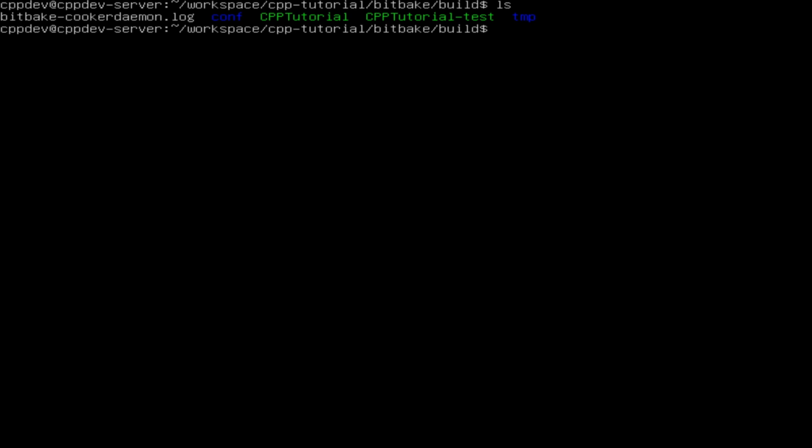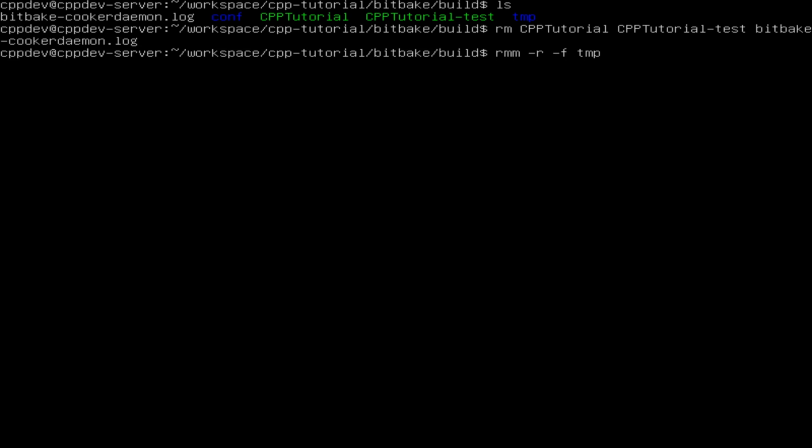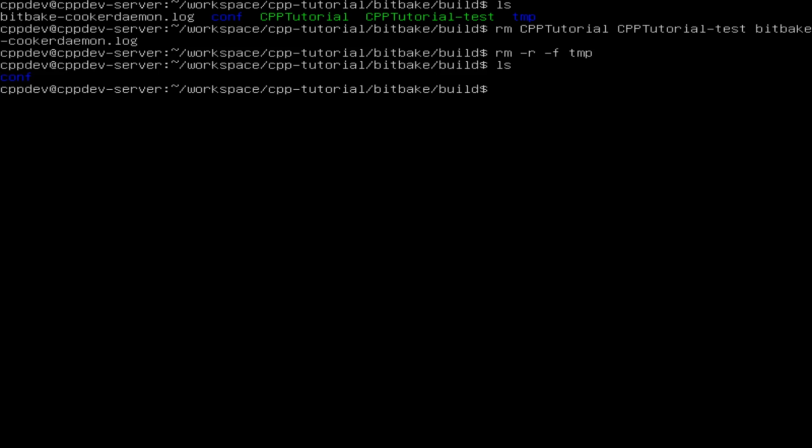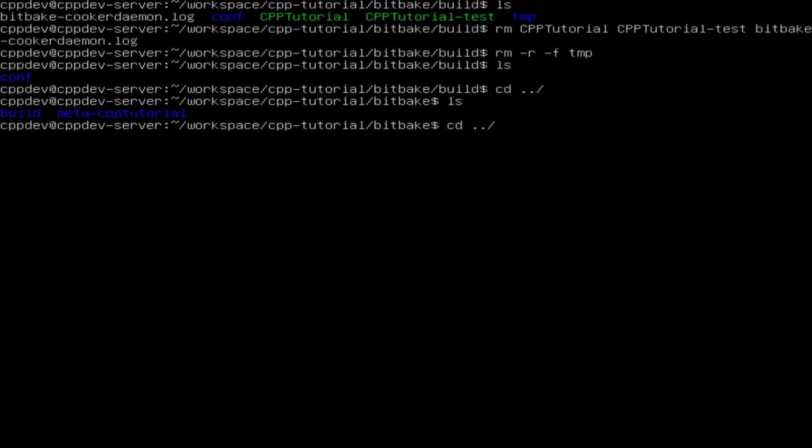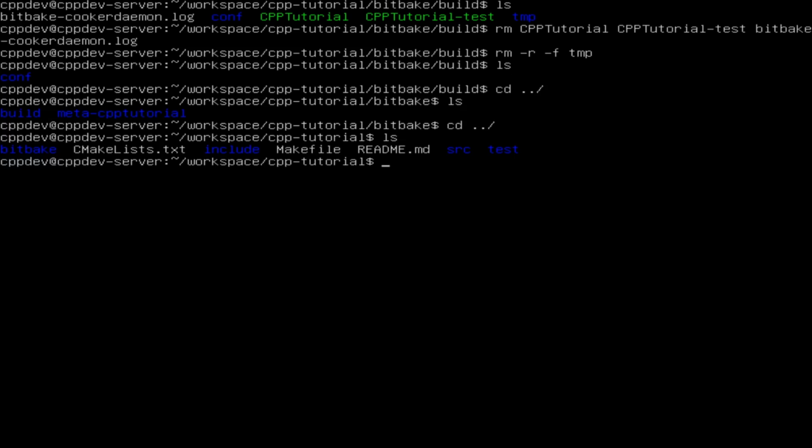The last thing that we have to do in this is just remove the files that we don't want to push to the repository, and yeah, push all the new configuration for the bitbake build system.